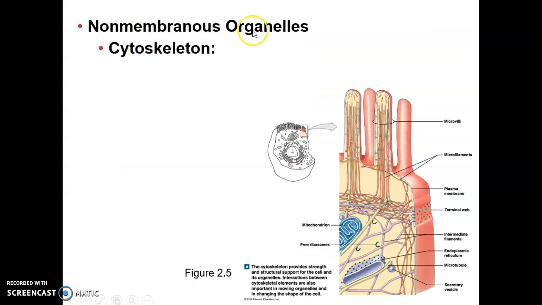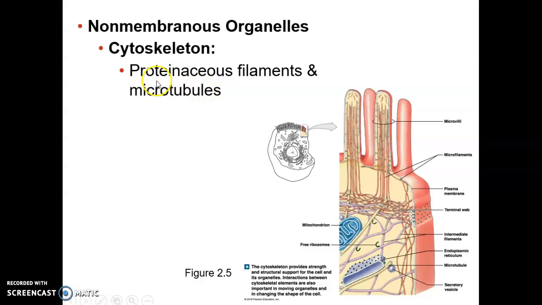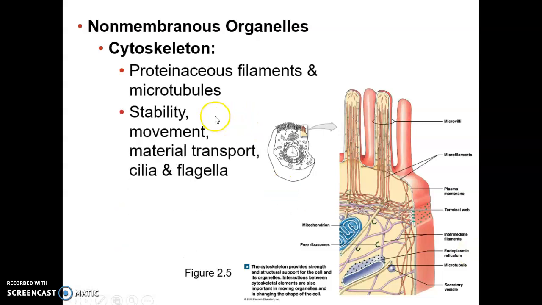So, non-membranous organelles, the cytoskeleton. Just like with your body, the cytoskeleton allows your body to move and gives you structure, support and protection. These are proteinaceous filaments and microtubules, structures that have different microanatomy, and they have different functions in the cells, but overall they provide the cells with